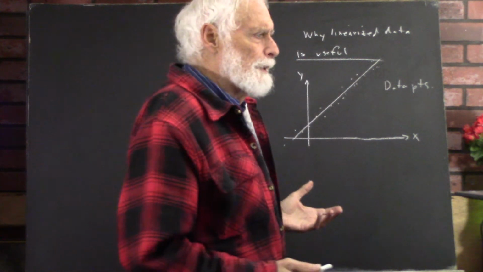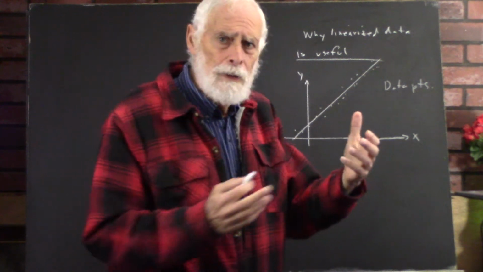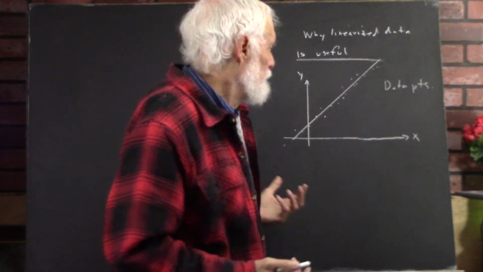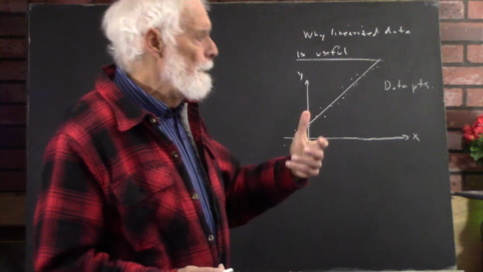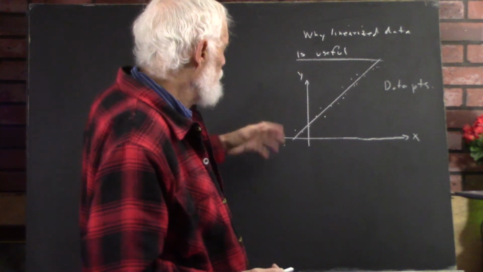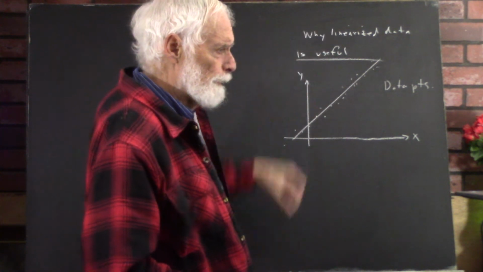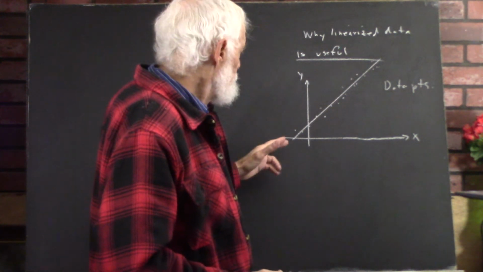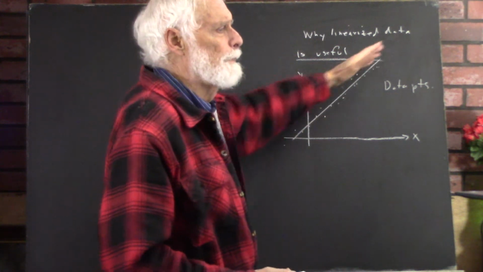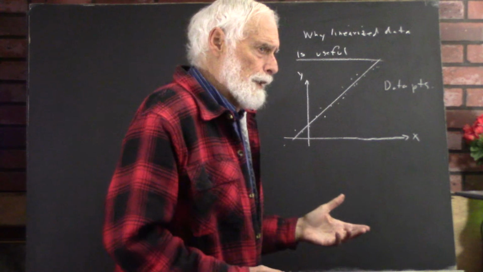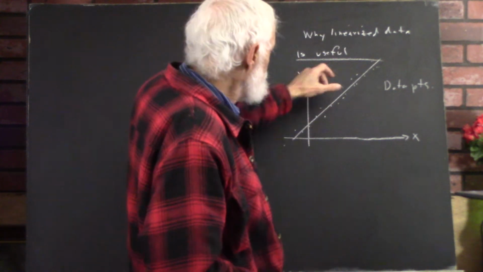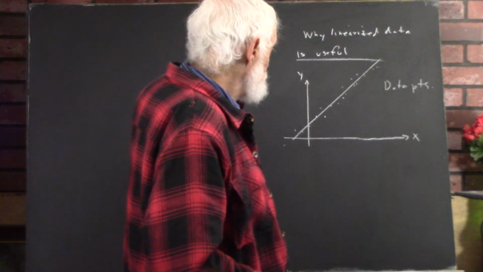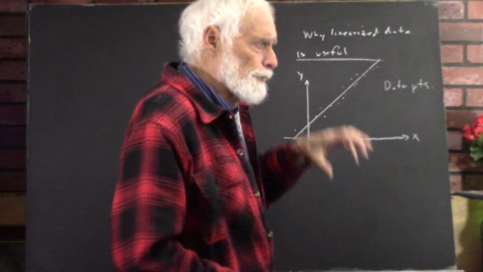When you do it by eyeball, it's a little difficult to visualize unless you really have a good feel for what squares do. So you can usually do pretty well, if none of the points are outliers, none of the points are too awful far from the line, by making the line go through pretty much the middle of your data set. And you want to think of minimizing at least the distance between the line and the points. That's not quite right, but to visualize minimizing the square distance,